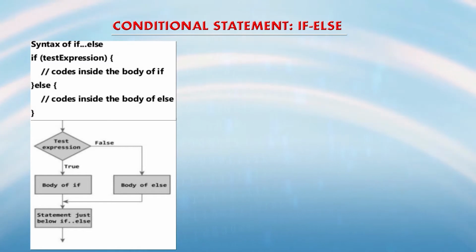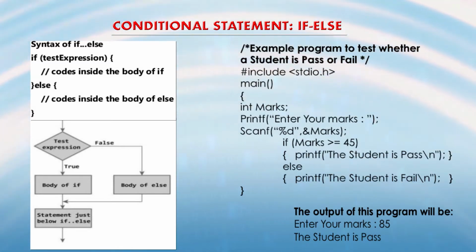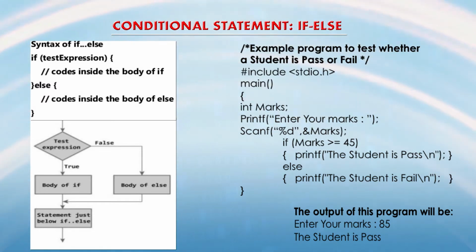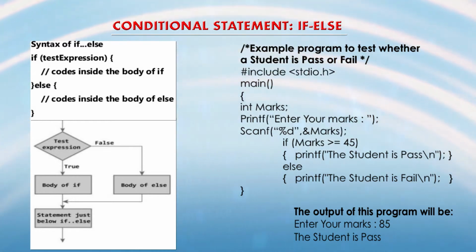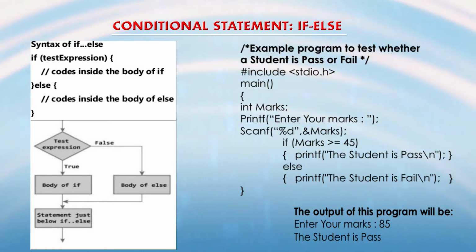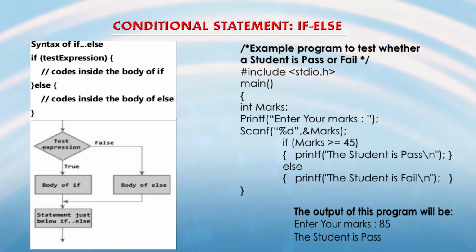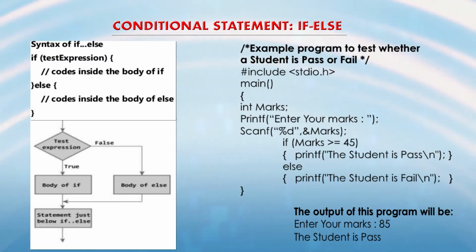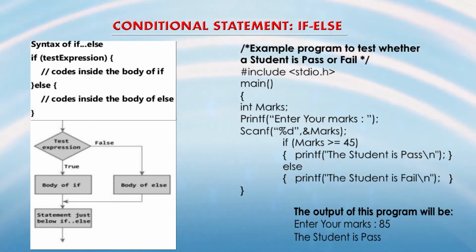Now, to understand this, let us see how to write a program to check whether a student has passed or failed. Now, #include <stdio.h>. Again, we are using a preprocessor directive, and we are using the standard library stdio.h for input and output, and the main body covers the code. We are not initializing here, we are declaring a variable int marks, and we are asking the user to enter the marks.